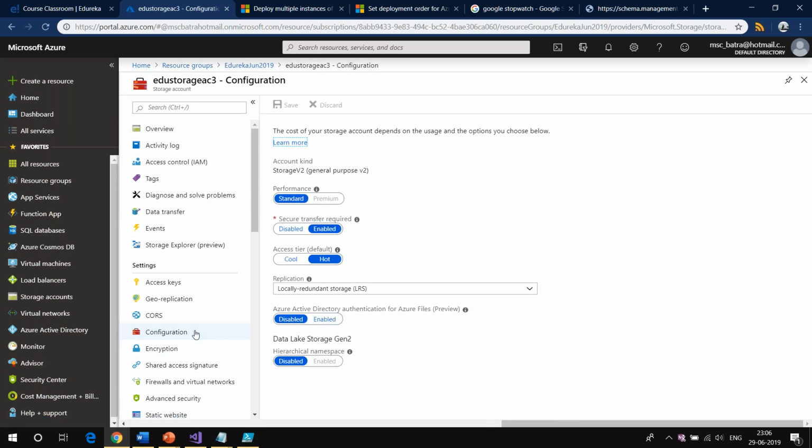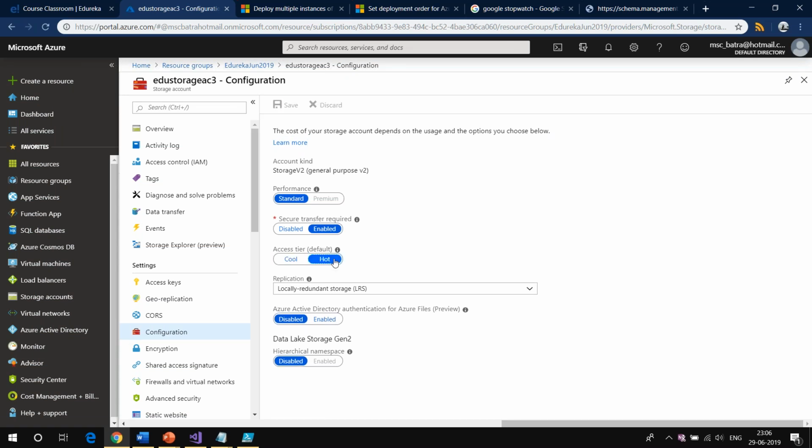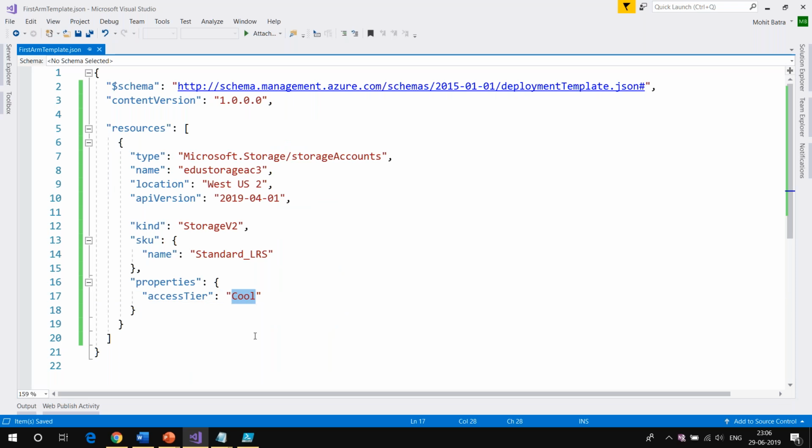In all the resource providers, you will see the option of configuration. So there are some properties which you can change even after creation of a resource. One of these properties is hot or cool. So I can change it from here as well, from the portal. Because I can change it from the portal, I can also change it from the ARM template. So if I change the access tier from hot to cool, then this is going to be updated.